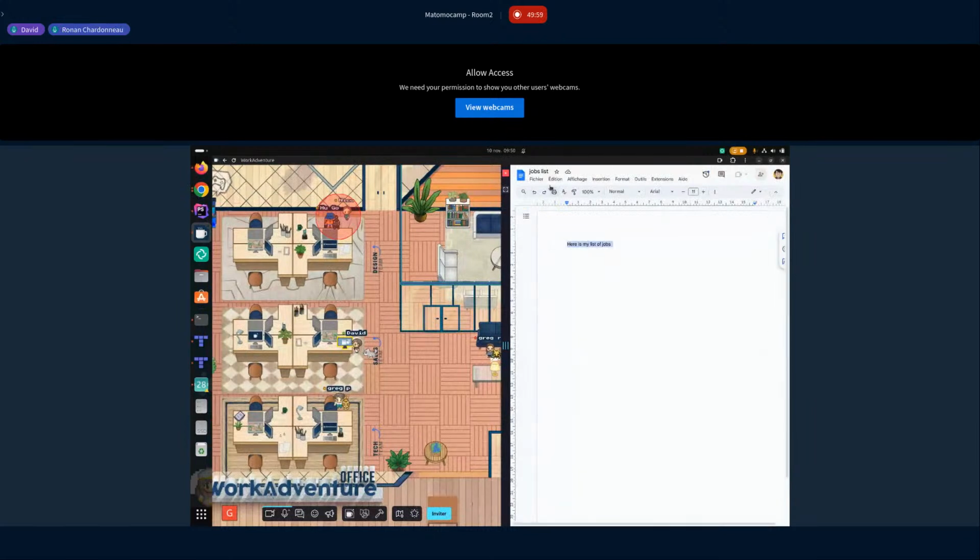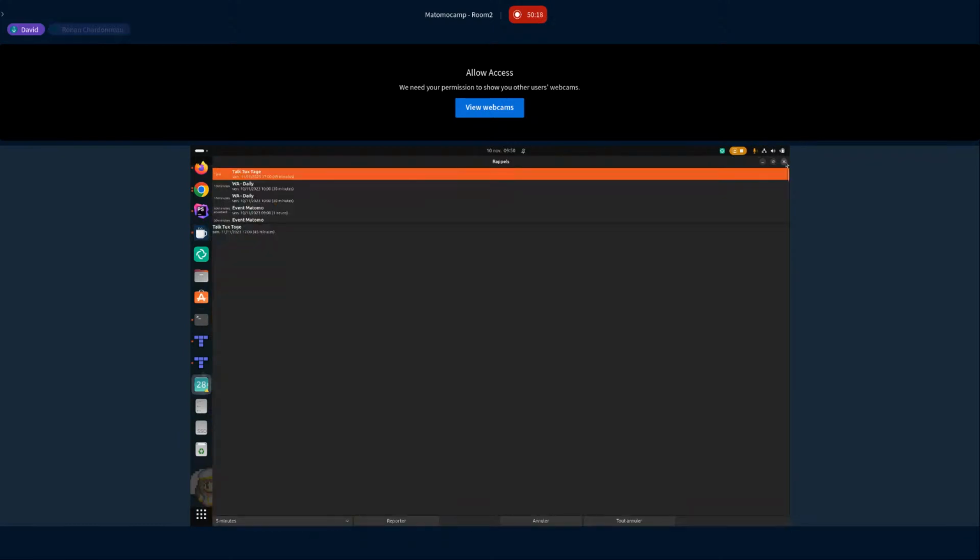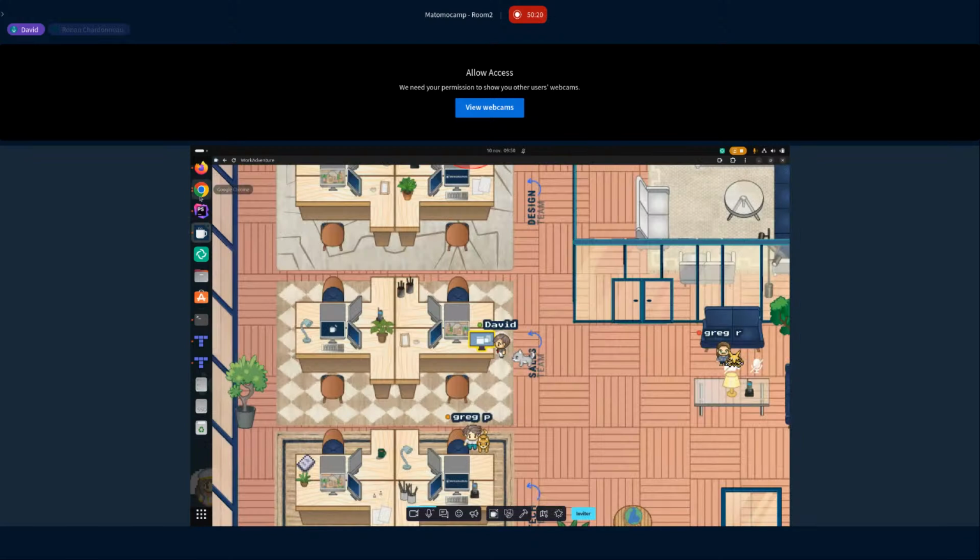Rather than this, I think I can use a better link, which only displays a PDF or something. But it's really just as easy as that. The whole idea is that WorkAdventure does not provide everything, but you can integrate it with a lot of different things.